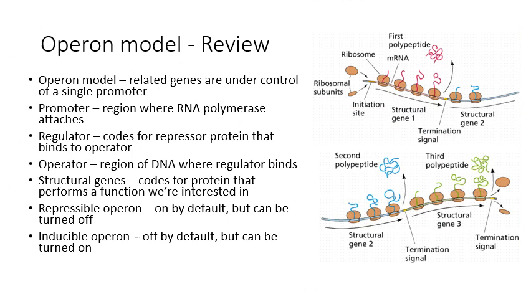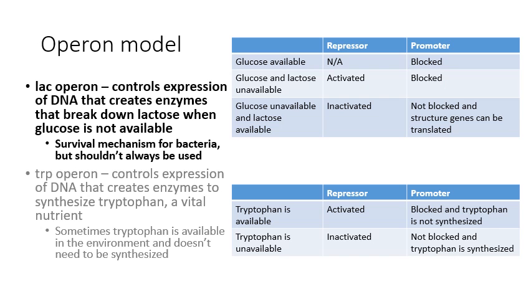And so I have some review terms for us to go over as you study them, and I have another table that goes over what happens if tryptophan is available versus unavailable, and what happens to the repressor and the promoter. And so tomorrow what I wanted to do is go a little more in depth in a review worksheet that I made on what's involved in these tables, and I thought that would help us understand a little bit more what's going on. And also we can